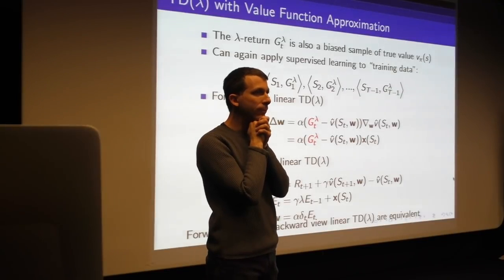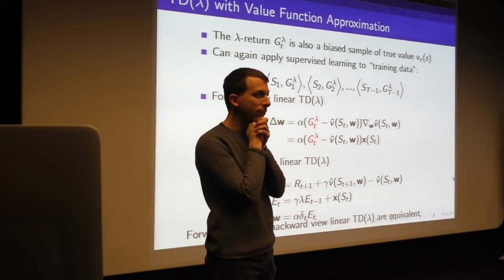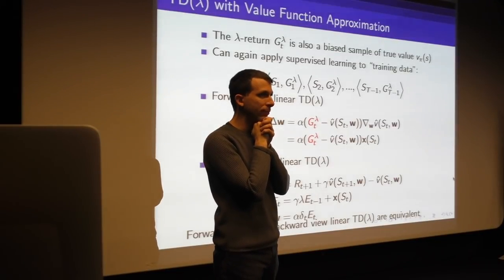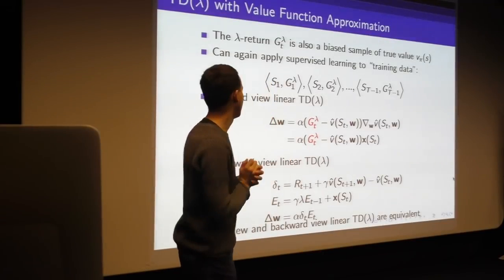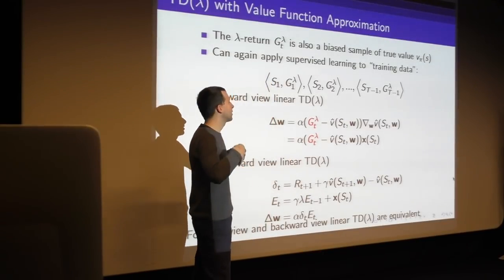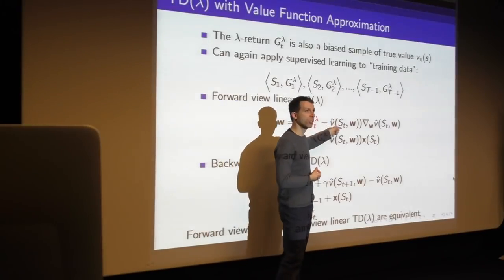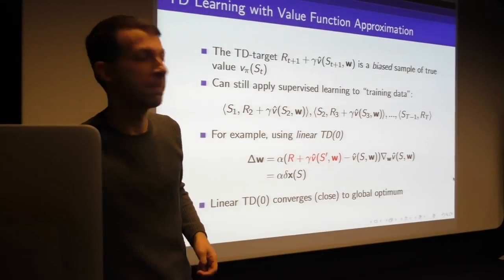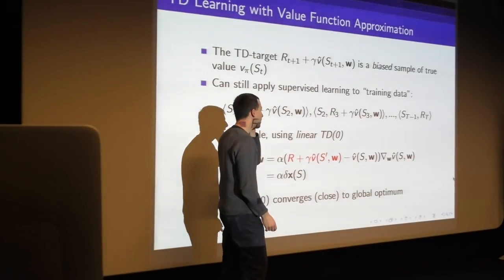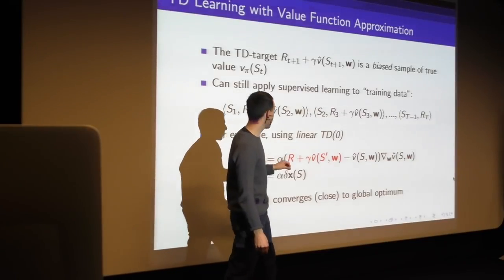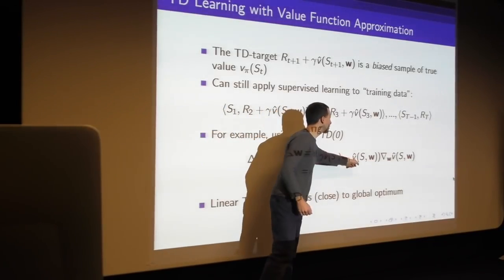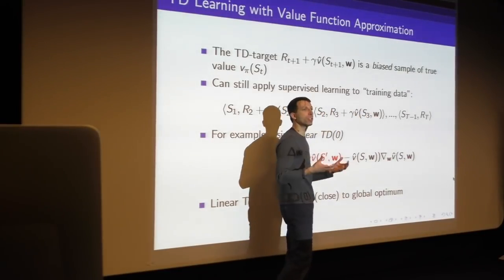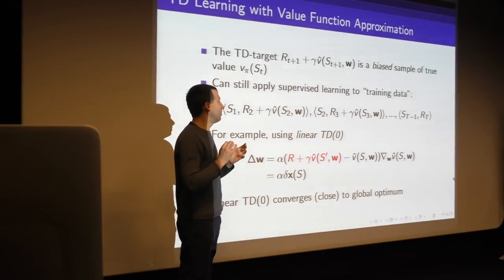So G lambda, the target in these slides, depends on the value function. Yes. So why don't we have a term for that dependence in the update? Okay, great question. The question was, why does the gradient only depend on our predicted value function? Let's go back to the simplest case with TD(0), because we can still ask that question already here. When we take the gradient, why don't we take the gradient of both the target and our function approximation? Why is the gradient only of our function approximator? The answer is,